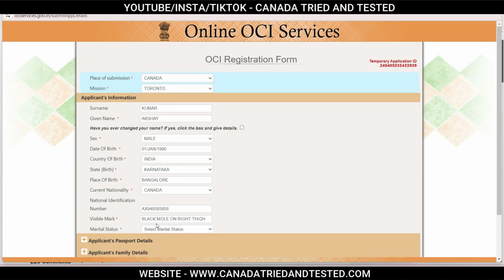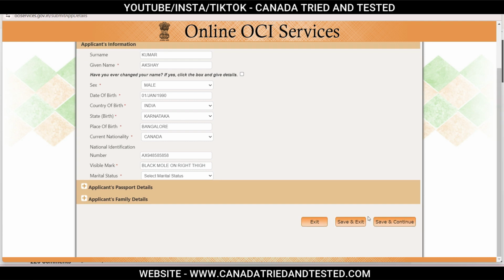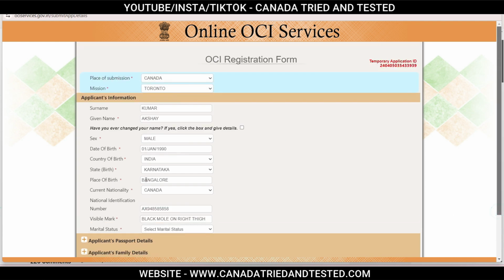So now I have filled up this part, okay, to make it a little faster. And this is the temporary application ID. So if you have to come back where you have left, only if you save this application and exit, you can come and start from where you left. So this temporary ID, make sure you copy and keep it. Okay. So once this is done, then